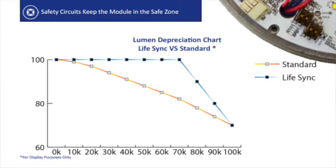Because of this, you have to design for a light loss factor when you do your IES data. So our competitors may have to design their system with a 0.90 LLF, which is a light loss factor, whereas we have our Lumen maintenance program so that as the LEDs are slowly depreciating, we slowly increase the current to offset it, so that over the first 70,000 hours of the bulb, it will be putting out the same amount of light as it